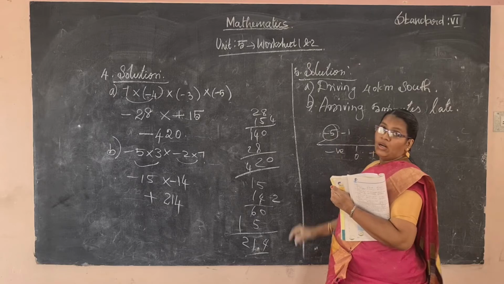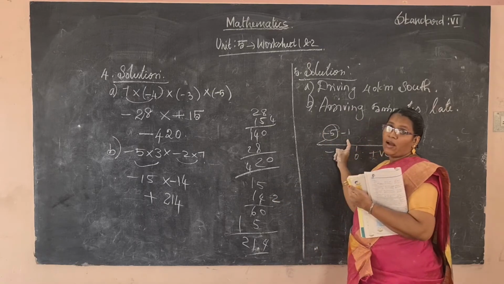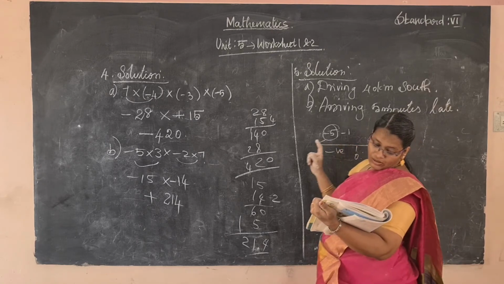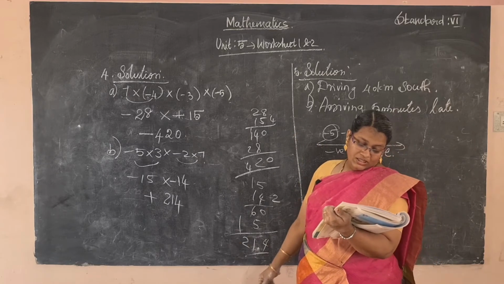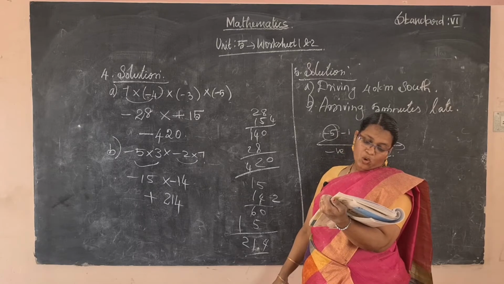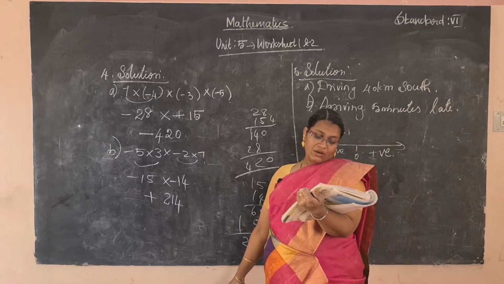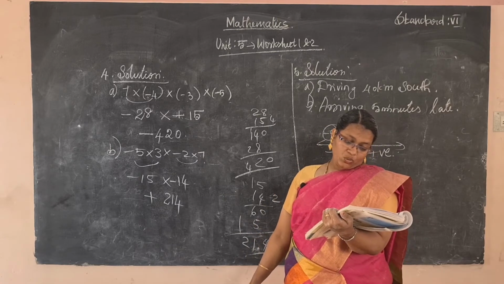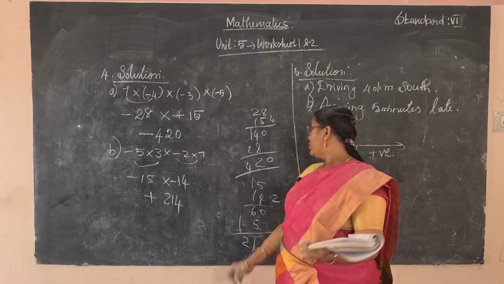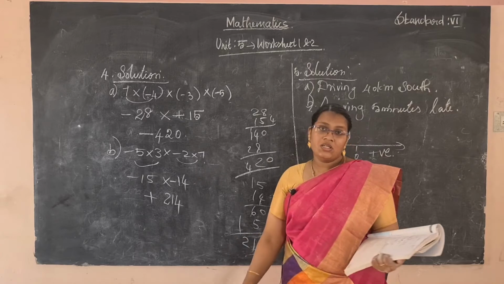Compare these two negative numbers, which one is greatest? -1 is the greatest number. So you will find the answer for the sixth sum. Choose the smallest numbers. Which one is the smallest? -5. You will find the remaining problems and write them in your class homework note. And seventh one, choose the largest number from each group. Compare these two numbers. -1 is the largest number.